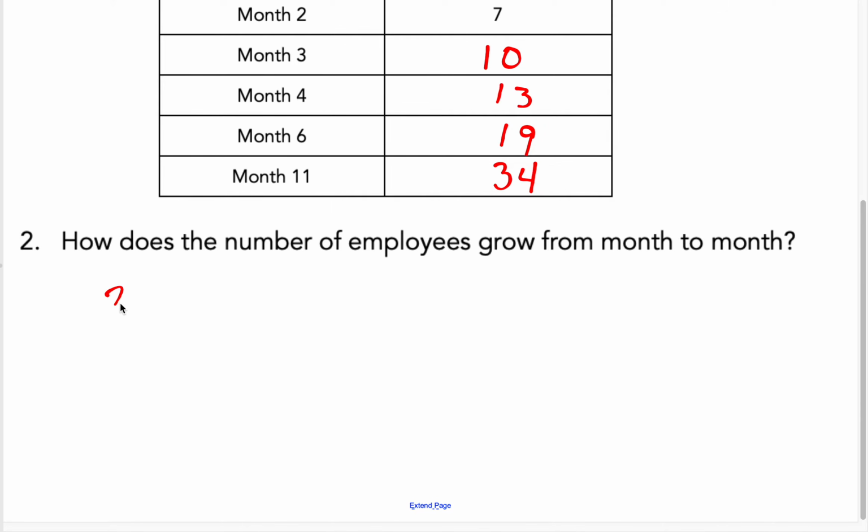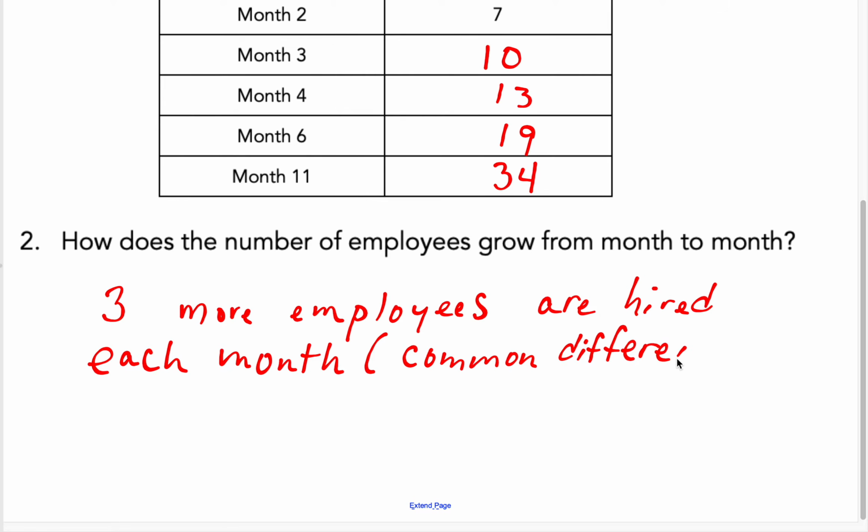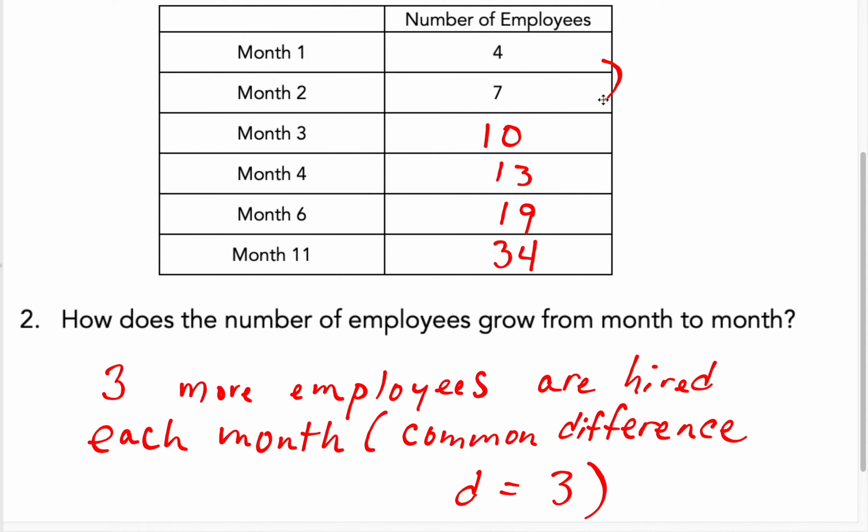Well, let's write this down. 3 more employees are hired each month. What does that say? We have a common difference, which we've already learned about. This is nothing new. The common difference, that's our D value, is 3. If we look up here, we can see that we're going up by 3,